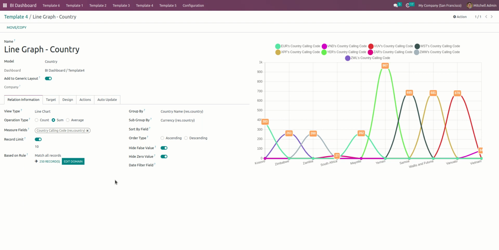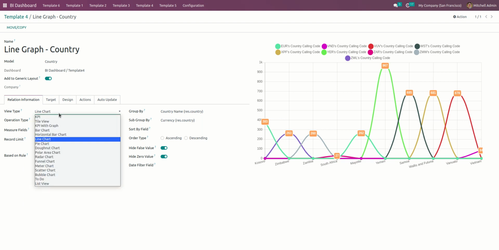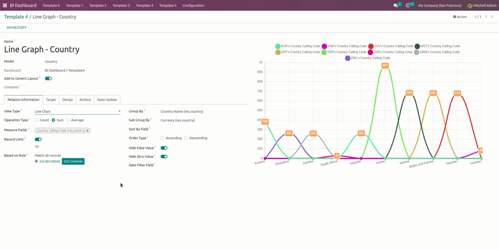Here in this relation information, you can see the view type is selected as line chart. But if you want to select another graph, you can select it from this selection. We have provided multiple options for these graphs.